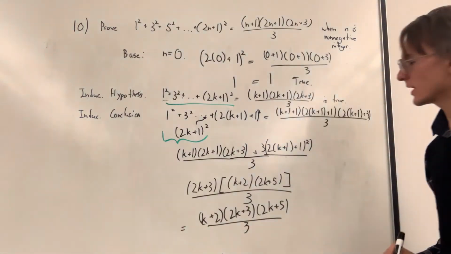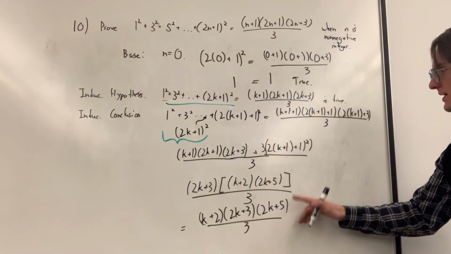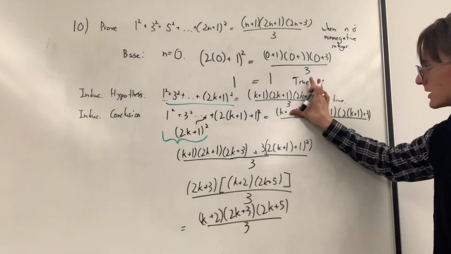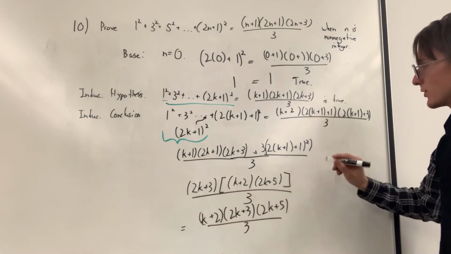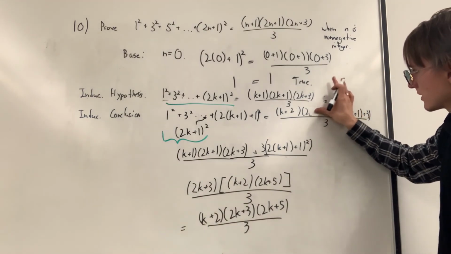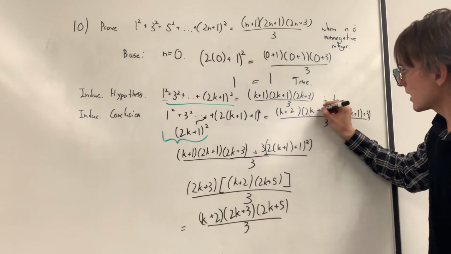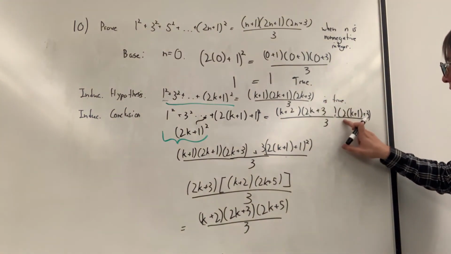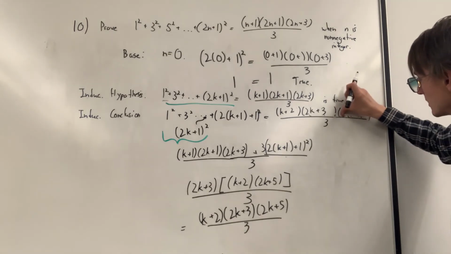We get, and we see that this is equal to what we have up here, right? So if we replace all these 1 plus 1s with 2s, we replace this part of the expression with 2k plus 3, right? It's just how the algebra works out. And we know that 2 times k plus 1 plus 3 is also